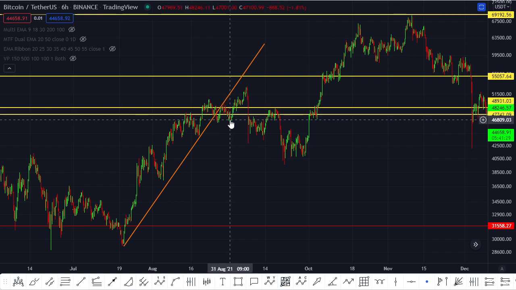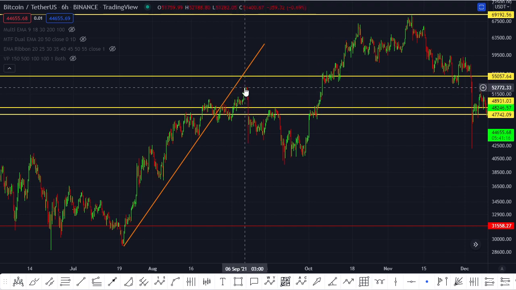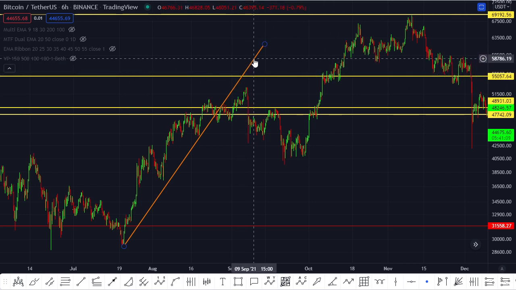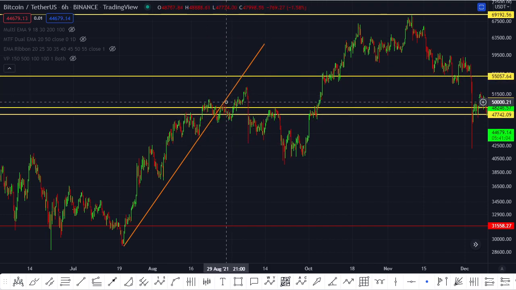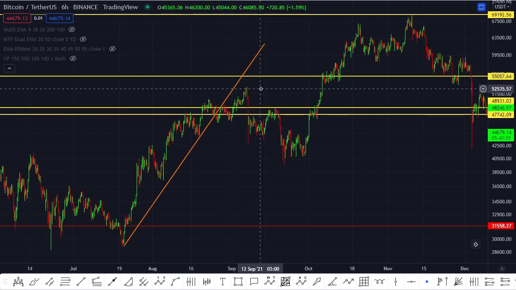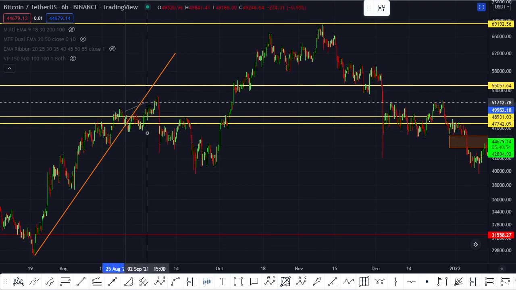You dropped again, consolidated again over this region right here, which is a support region basically, and then you formed a W bottom, which is a bullish pattern, and then you broke up, formed a wave 5 formation, and then you got rejected again near previous support, now flipped to resistance. Usually when you break support, it flips into resistance. So you got rejected here because it flipped into resistance, and then you got rejected around this area because it flipped into resistance. So I'm going to take my bars and patterns tool, and I'm just going to copy this